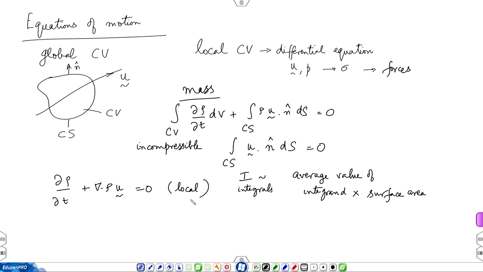From thermodynamics, you know, those are called equations of state. They encapsulate the microstructure of the material, whose behavior at the macro scale is represented by the equation of state. So, this is the local form, and if incompressible,